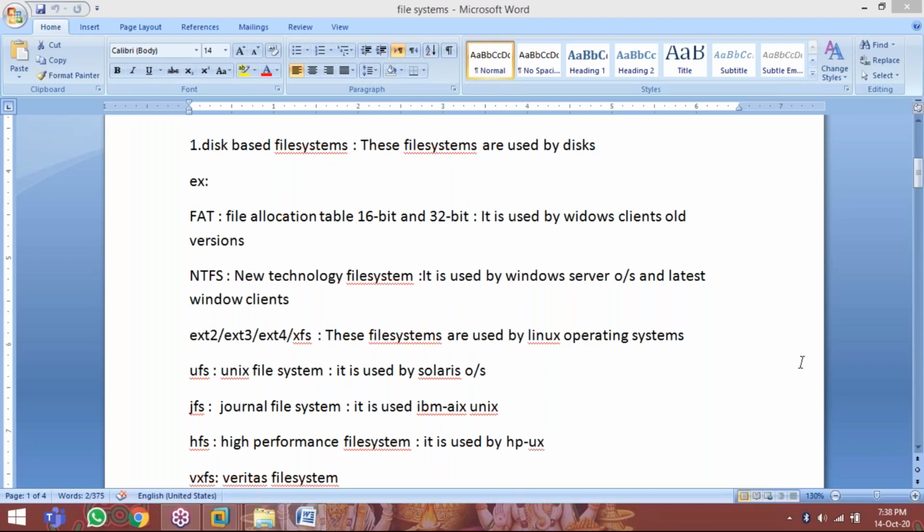Isha, do you have any question? Yes, sir. Will you provide this material also to us? Yes, madam. Each and every material will come to your mail ID. Okay, sir.